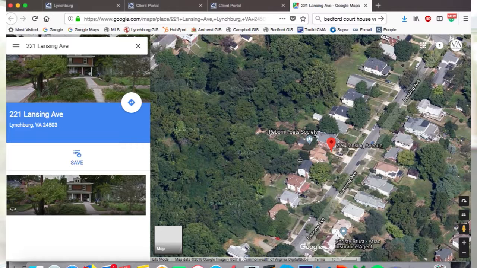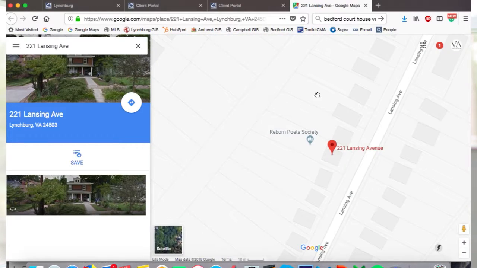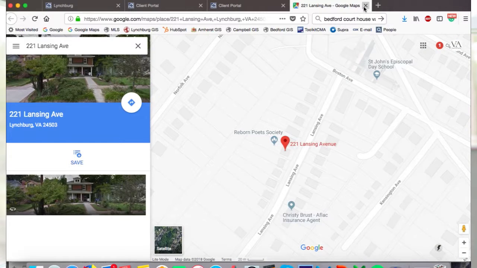we don't have to worry about staring out our back porch at a bunch of different houses or something like that. So having the aerial footage there, and also just the overlay of the neighborhood, is a nice touch. Google Maps now provides property lines like this, so you can see roughly where your property line would be. So we'll close out the maps, go back to the portal,